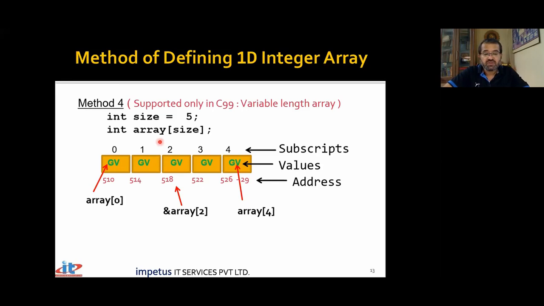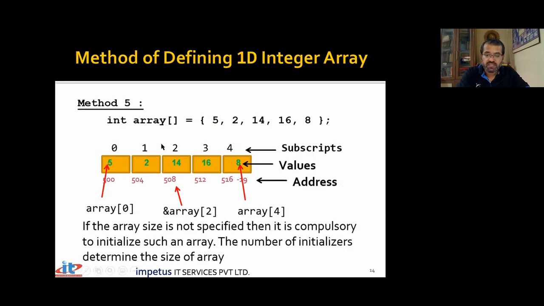Now this is something which was not possible earlier. Now it is possible in C language. What is special that we are doing? I'm saying int size equal to 5. Array size is not a constant, size is a variable. Such a thing did not happen earlier. Now it is allowed. I could ask the user at runtime, please enter the size, and the user enters it through scanf. So instead of saying value 5 here, I could write a scanf statement. So it could have been something like this as well.